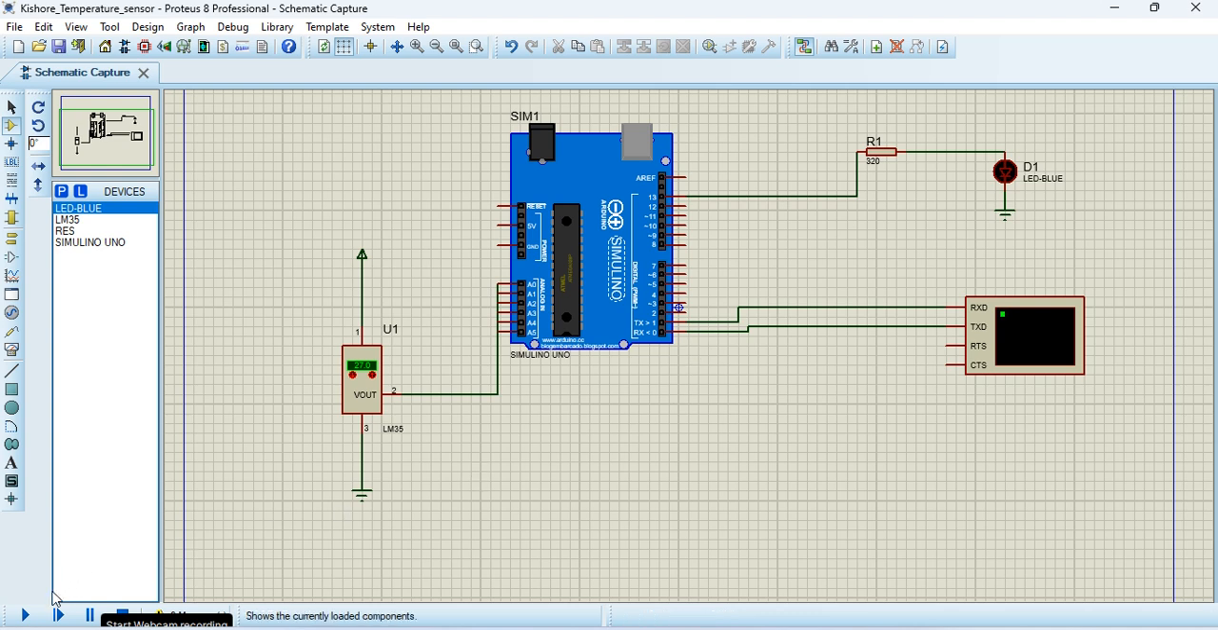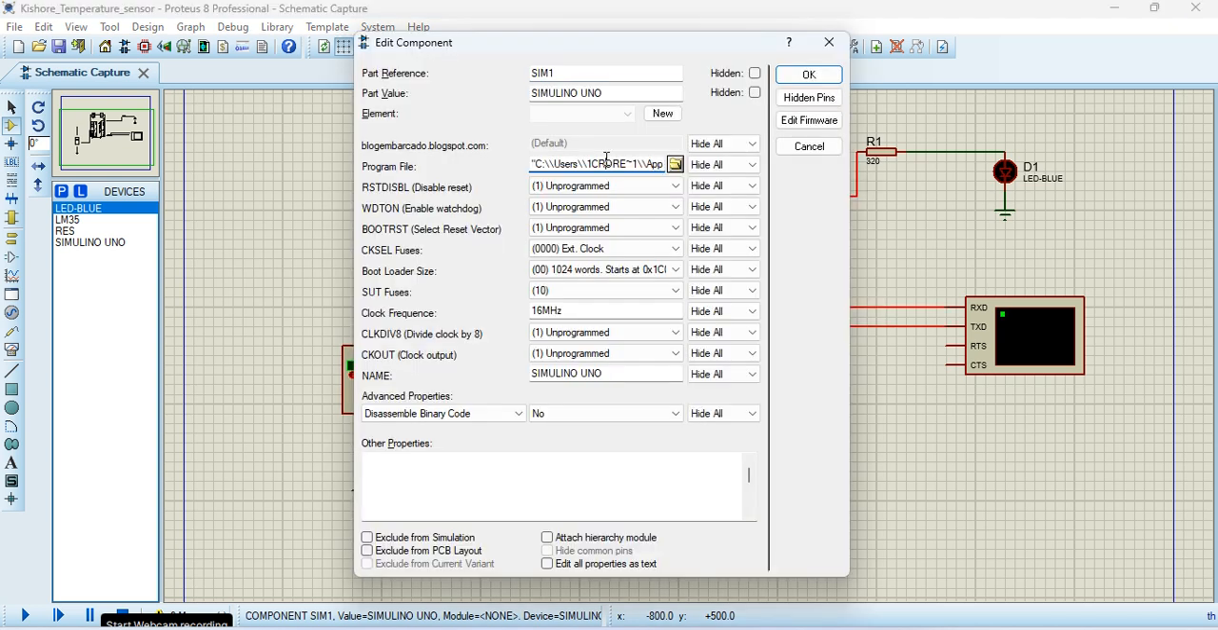Now we are going to see the simulation. Before that we have to load the X file, the program file. Here we have to give Control V. You have to paste the entire path here and press the OK icon,